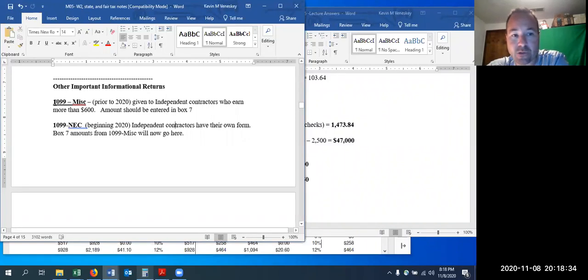Before, independent contractors received a 1099 miscellaneous, and sometimes the amounts were put in the wrong box. So now independent contractors have their own form, and they probably should, because that's probably by far the most common item you're going to find in the 1099 miscellaneous. Most of the time it's sent out for independent contractors. Now, it's not the only time, of course, but I would say it may be the most common. So let's take just a quick peek at these two forms here and see what they look like.